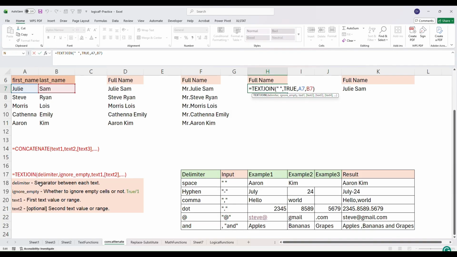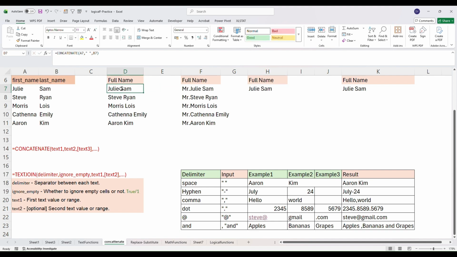So what is a delimiter? A delimiter is a separator between each text. Now in this one, you have used Julie Sam. First name and last name, there the space was the delimiter here. So there are different delimiters; this one space is a kind of delimiter